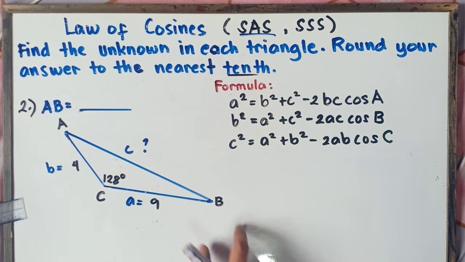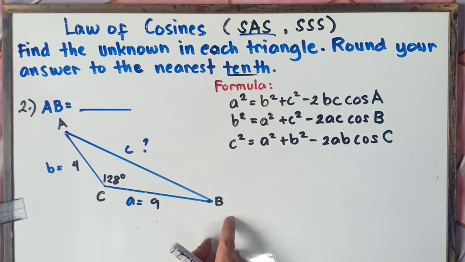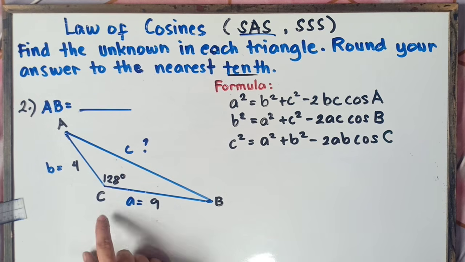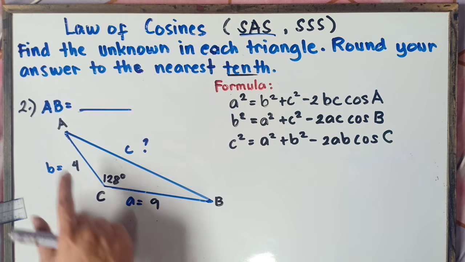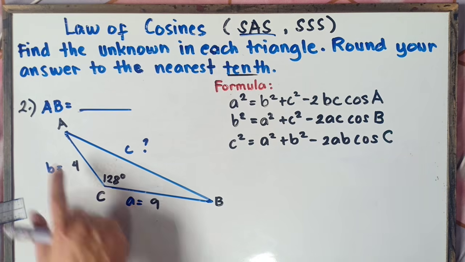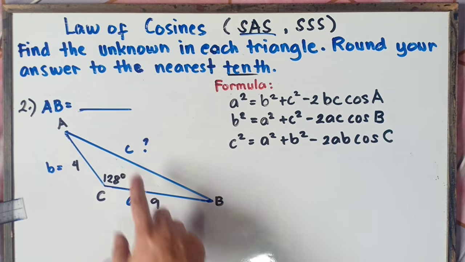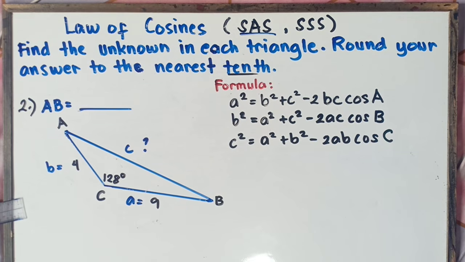In our given triangle, class, we already have the values of angles A, B, and C, so simply get the opposite to get the side. Angle B has side b, angle A has side a, and angle C has side c. It's already given, so there is no need to assume any letters for the angles. So we're looking for side c.